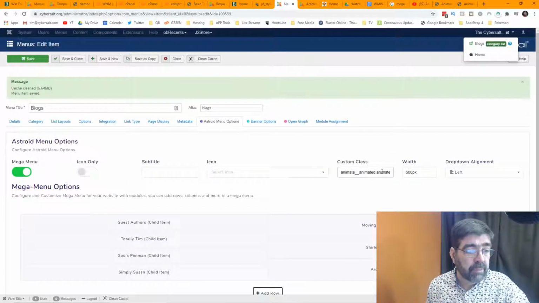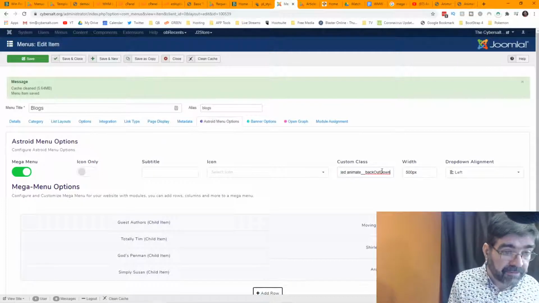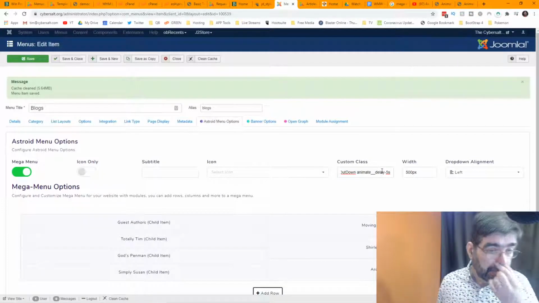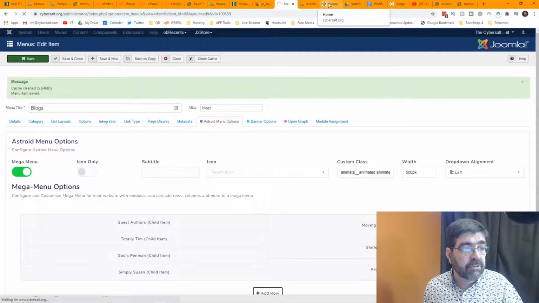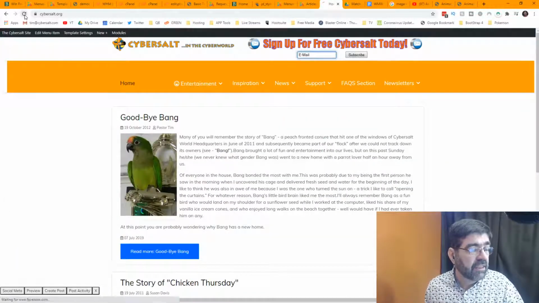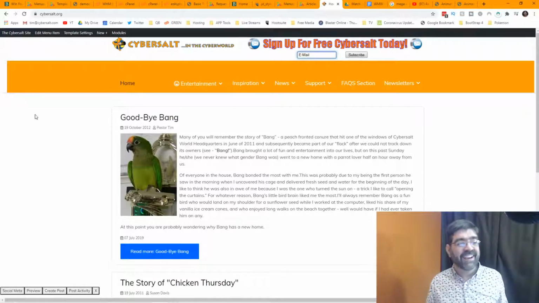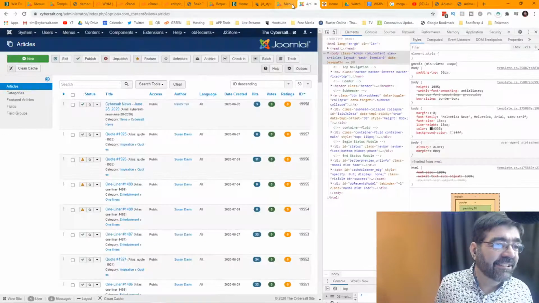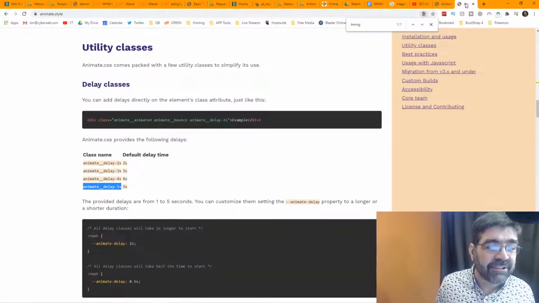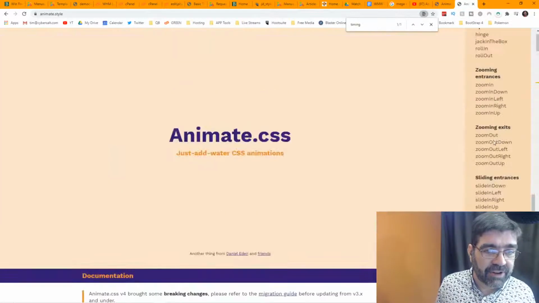Now, if we go to this menu here at the end, and add animate delay -5 seconds, we'll save that, which means when we refresh this, the blog link will appear for 5 seconds. Watch, it's going to disappear. Whomp. Okay, so cool. So then basically what we can do here is we don't want it disappearing in 5 seconds,